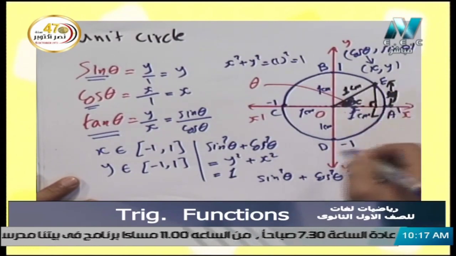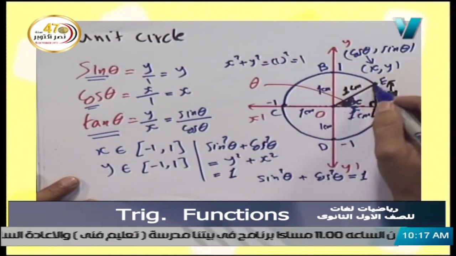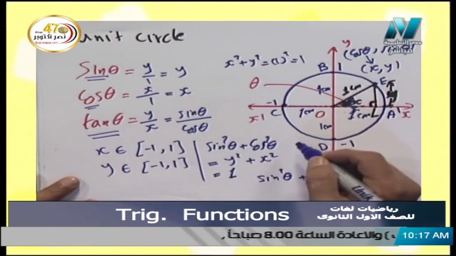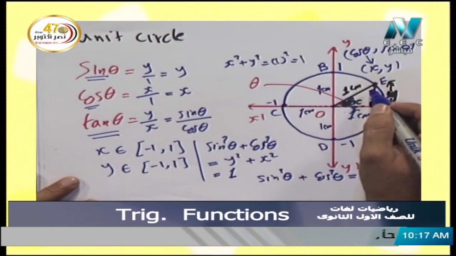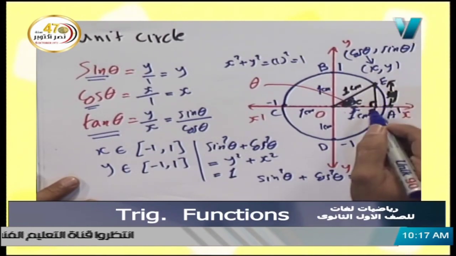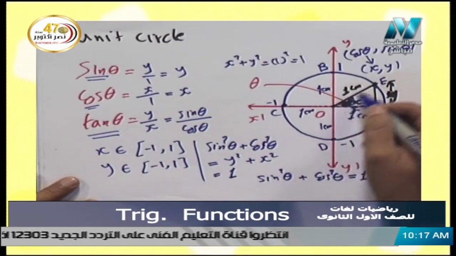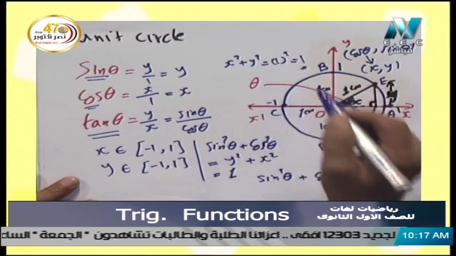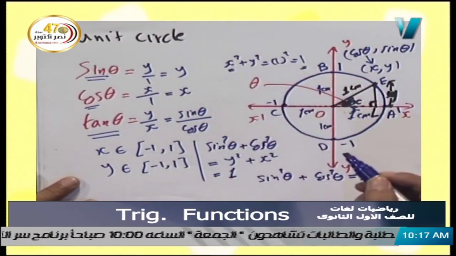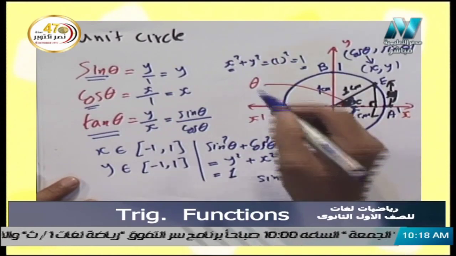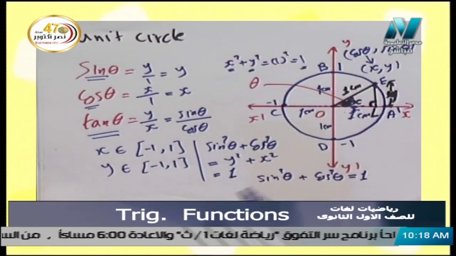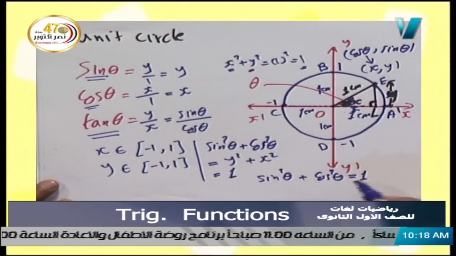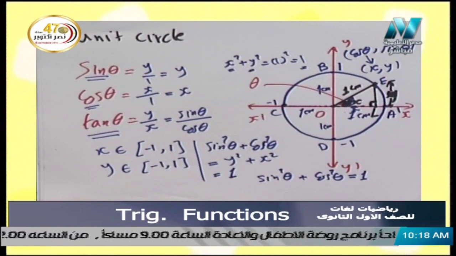So from the unit circle, which is OE, make it as 1 unit in the right angle triangle ELO, and we will apply Pythagoras theorem here. So y power 2 plus x power 2 equals EO power 2, which is 1. So x power 2 plus y power 2 equals 1. What's x power 2? It's cosine power 2. What is y power 2? It's sine power 2. So we deduce now that sine power 2 theta plus cosine power 2 theta equals 1. Okay,